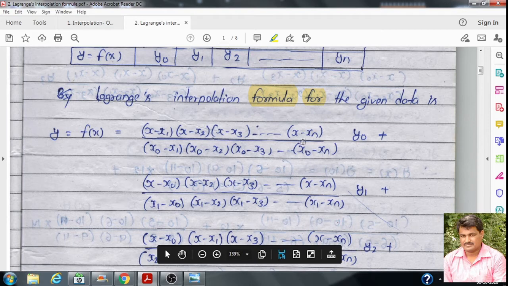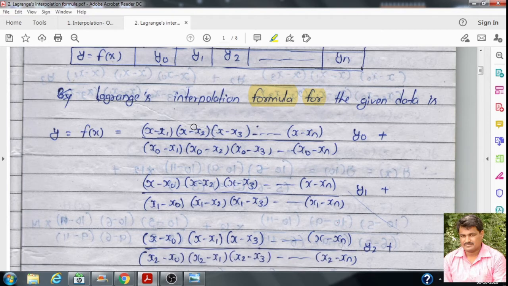Here if we compare the first term and second term, in the first term we take linear factors x minus x1, x minus x2 and so on. We are skipping x minus x0. Same way in the second term, in the numerator we skip x minus x1 and then we take x minus x0